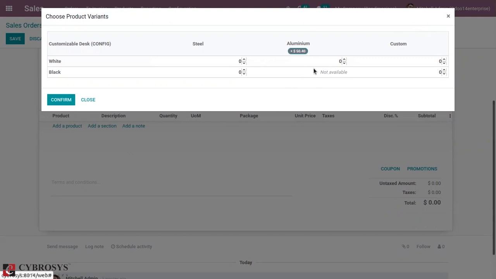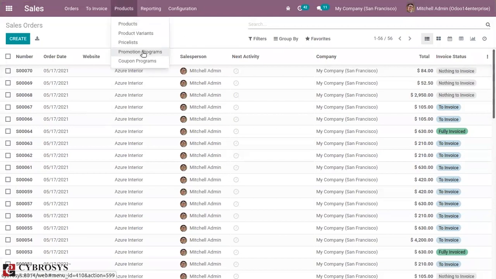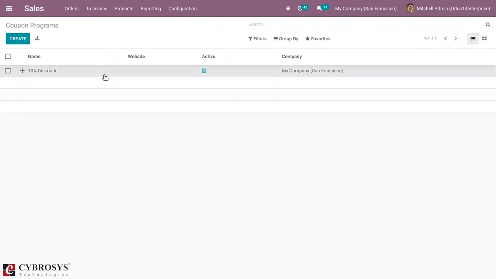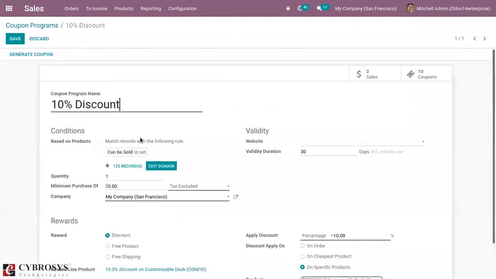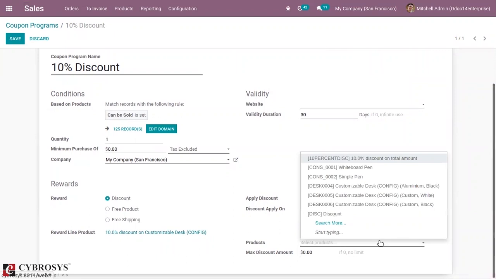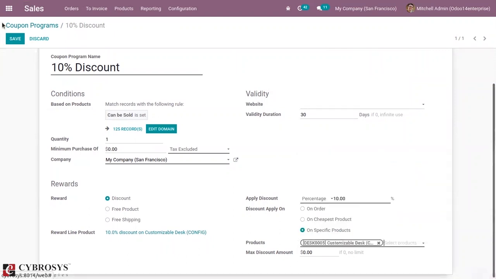For aluminum black, the variant is not available. Okay, custom white.